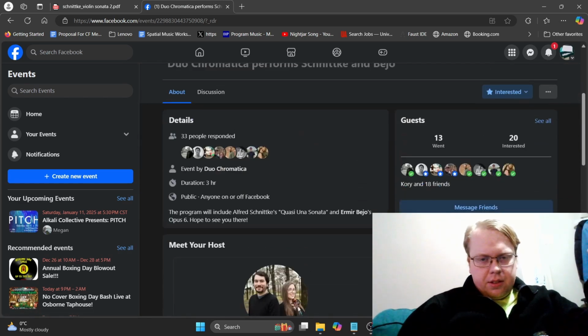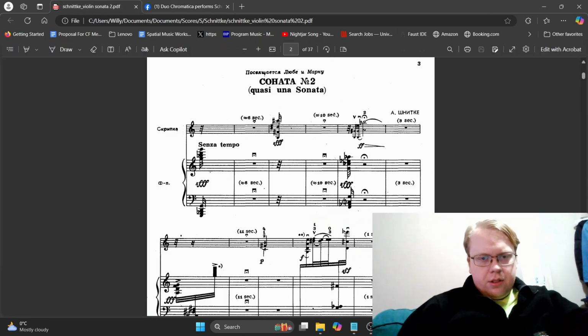They had this concert, which was two large-scale pieces. It was a piece by Ermir Bayo, his Opus 6, and I think the second half, or maybe it was the first half, was Alfred Schnittke's second sonata, which is subtitled Quasi Una Sonata. As you can see by the Cyrillic here, Alfred Schnittke is a Russian composer. This is a Russian score, and